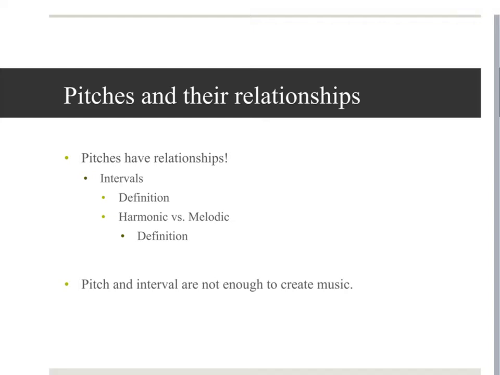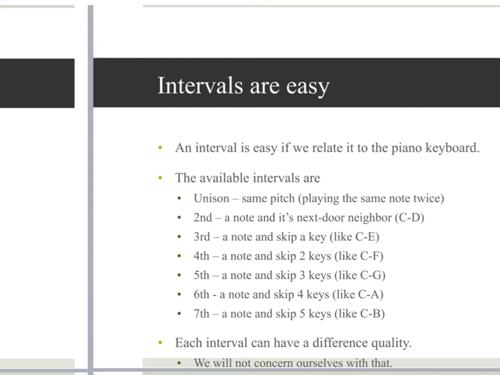So let's say I put my thumb on C and I go up my 5 fingers. So I go C, D, E, F, G, and I play them one after another in succession. I just played a melodic interval, melodic seconds would be the proper way to say it. So from C to D is a second, D to E is a second, E to F is a second, F to G is a second. Okay? And those aren't enough to create music because you could just randomly play intervals and people would say, is that really music? Okay, so we have to be careful what we do.